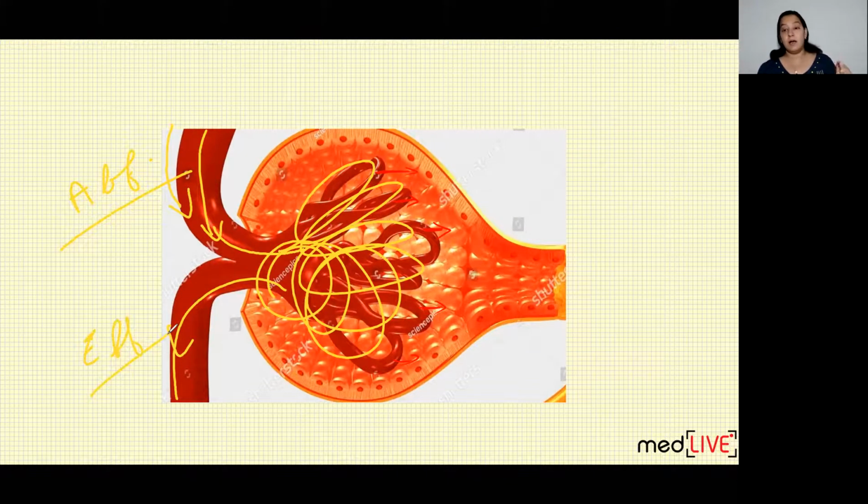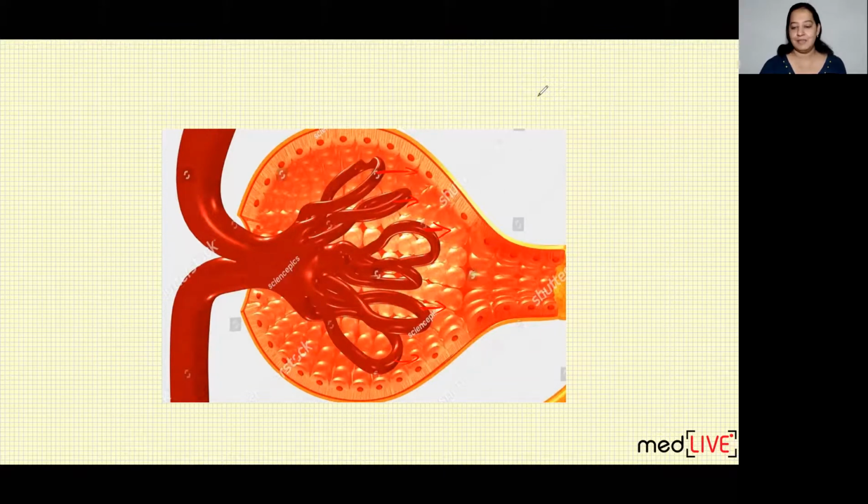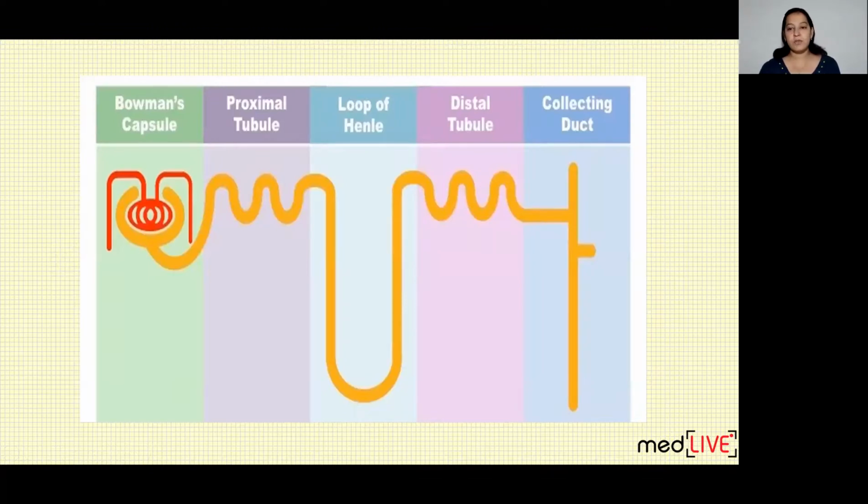So now listen, afferent arteriole is coming, blood is coming inside, it is entering into the tuft of capillaries. Now whatever substances are supposed to be eliminated from the body in the form of urine get filtered here, they get separated from the blood and accumulate in the space in the Bowman's capsule, that is Bowman's space. And the blood, apart from those substances, leaves with the help of the efferent arteriole. So you got it. That was all about glomerulus.